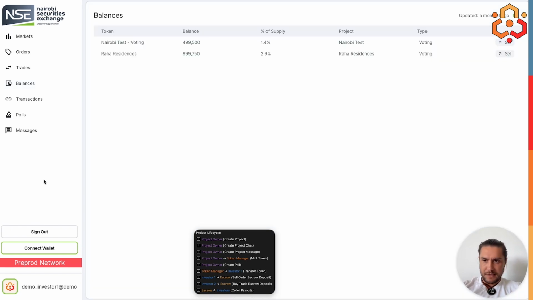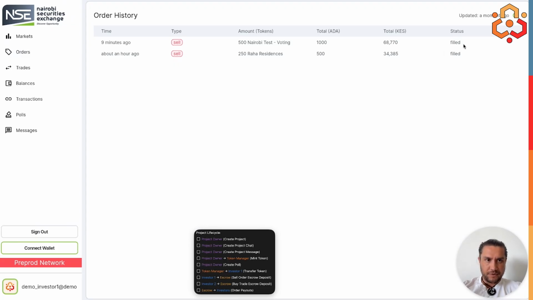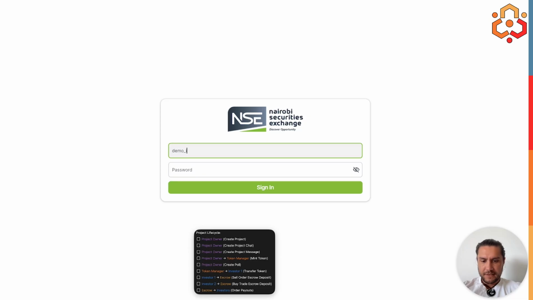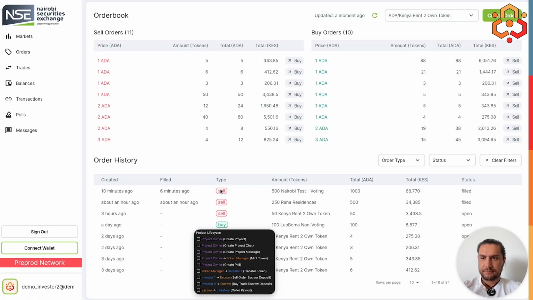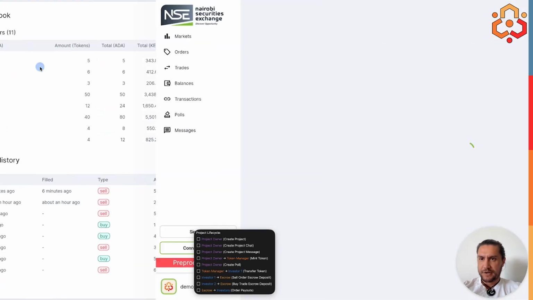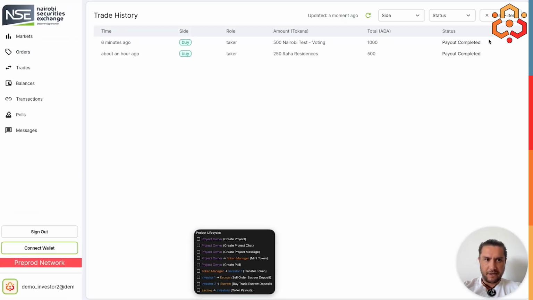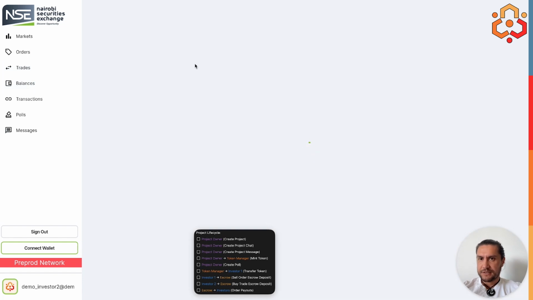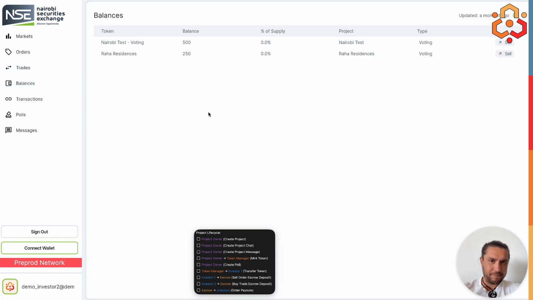Okay, the balance is the same. I'll go to the order. This order is now filled. If we come to the other investor, you should see that their balance should be updated to reflect the tokens that they just bought. So we come to their trades. The trade should be payout completed. And the balance should be now reflected to show the tokens that they've just bought. The Nairobi test token, 500 balance,